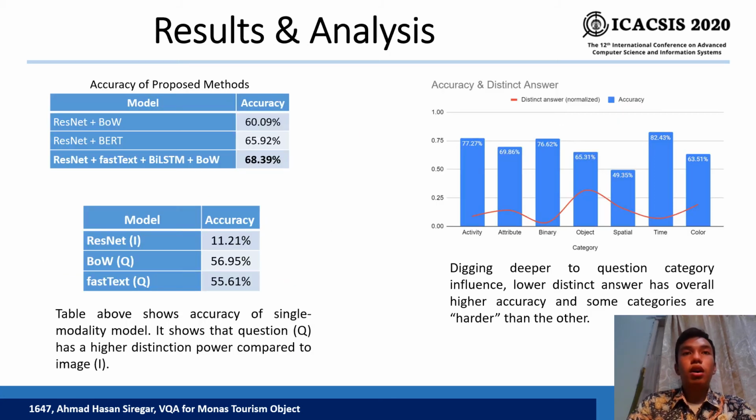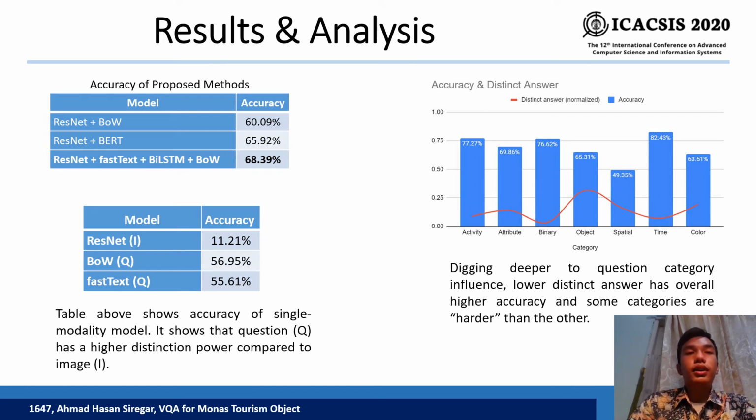So the results are, we have the first method with 60% accuracy, the second method 66% accuracy, and the best performing method we have 68.39%. And then it's interesting to analyze the influence of ResNet, the influence of image and the question on the performance accuracy. So we